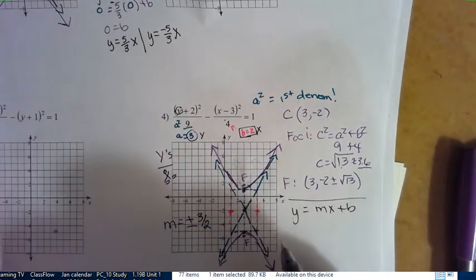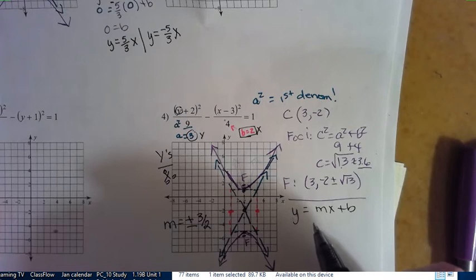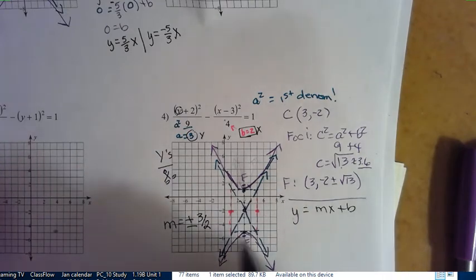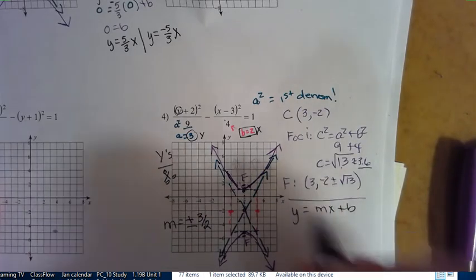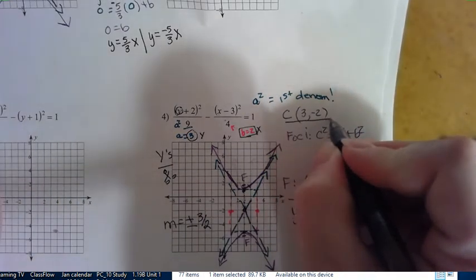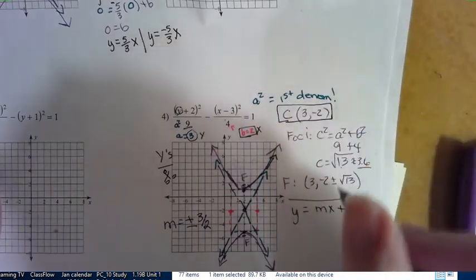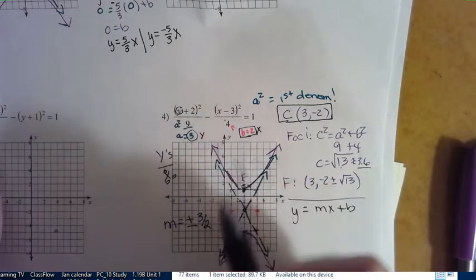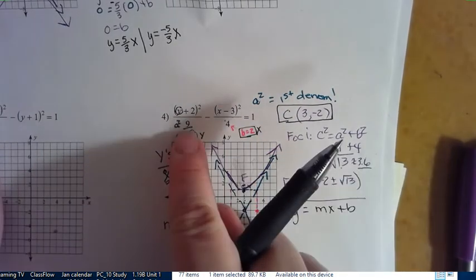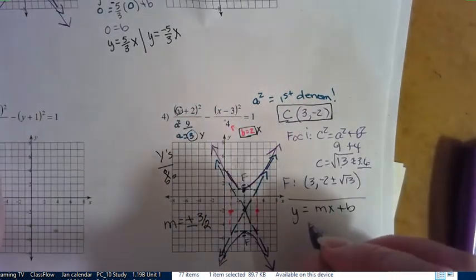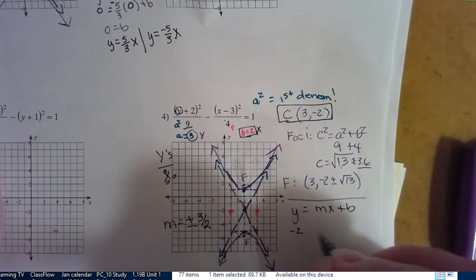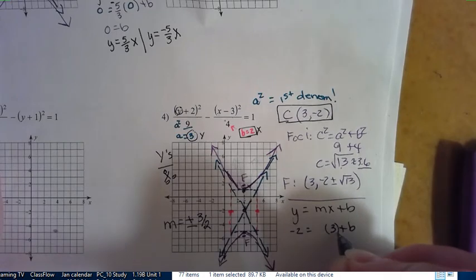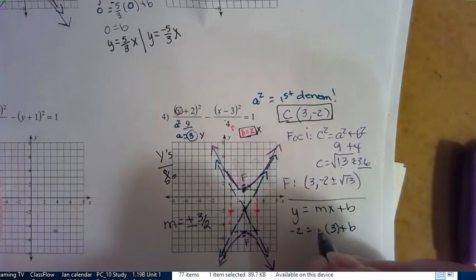Remember Elmer Fudd, he can't say rise over run, so it's y's over 1. All right? So if you have this, you're going to go in and you go, okay, wait a minute. I have a 3 and negative 2 that are part of my center. It's not taken from what's down here. That just happened to match. Okay, so -2 for the y, 3 for the x, plus b, and I need to put in my m,